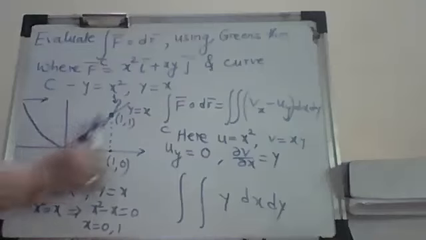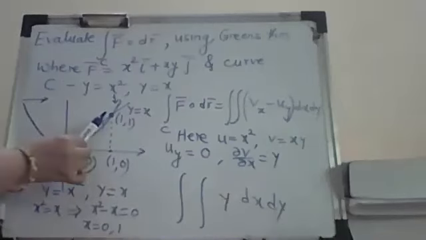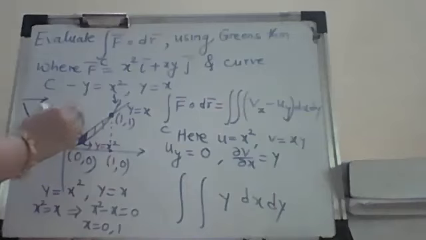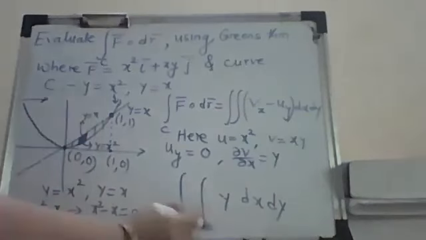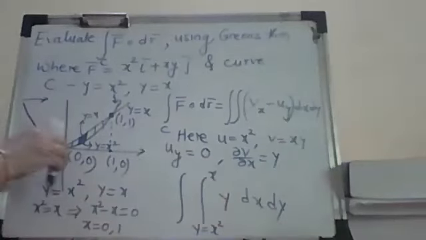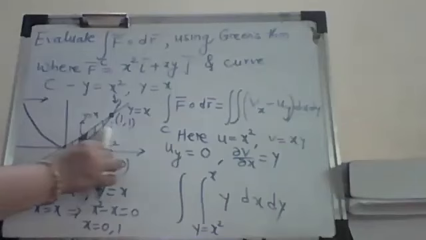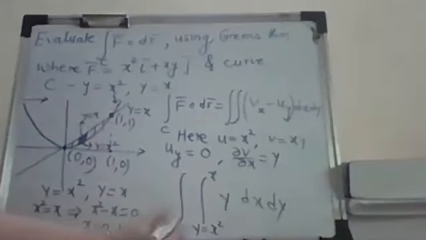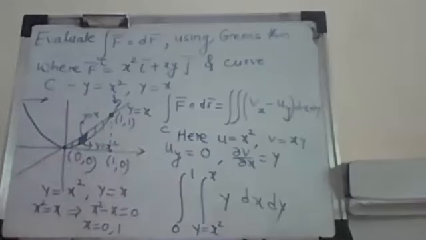Now what is this vertical strip? It will take the shape of this region. So what is this region? This is y equal to x square, and this is y equal to x. So the inner limits are from y equal to x square to x. And for the outside limit, I have to move the strip from 0 to 1 along the x-axis. So the limits are going to be 0 to 1 here. Okay, I think everyone has understood this.